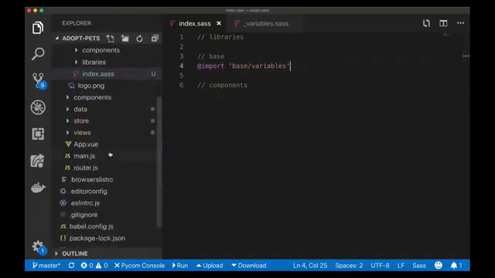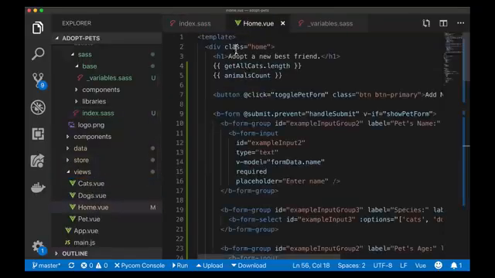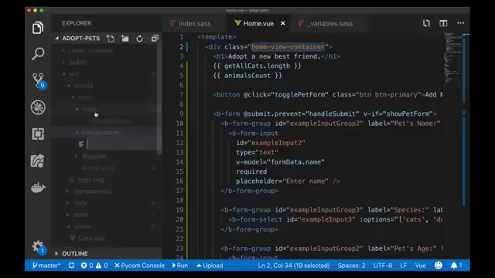Now in the components, let me just pull up one component here. Let's say a view and my home view. It starts out with the class home, but generally I don't think this is descriptive enough. So I usually call things like home view container or something like that in my project. And this is a wrapper class so that I can contain my nested classes and they don't affect other parts of the application. Because my global styles will all be in base, but each component that I make will also